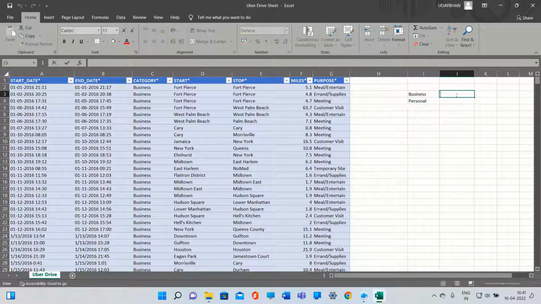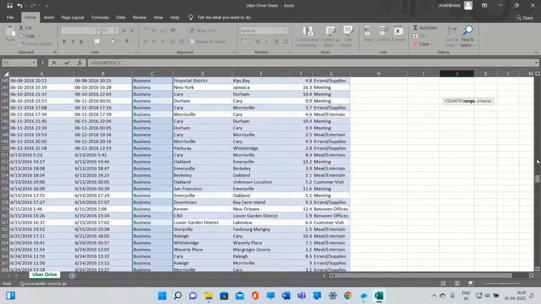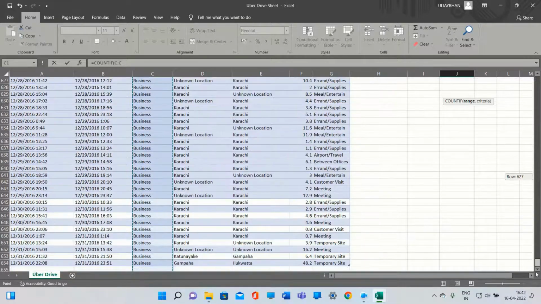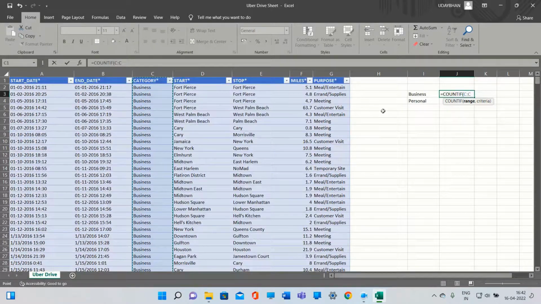In the right cell of business, I will find the total number of trips related to business. For that we write equal to COUNTIF, and for COUNTIF we have to select the range. The range is our category header in column C. You can see we have selected the whole category header.